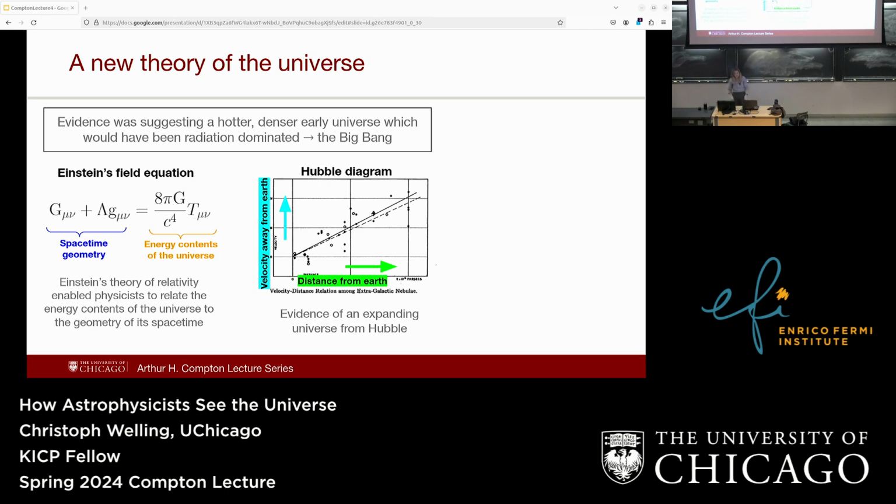That is powerful. We can make measurements of energy, we can make measurements of geometry, and we can understand how these things relate on giant scales. So Einstein, really, when he wrote down this equation, didn't even understand how it would be used to describe the entire universe. But pretty quickly, people learned that they could just apply this to the entire universe. If they made a few simple assumptions, then you could ask questions about what is the entire makeup of the universe? What's the shape of the universe? And so this was now making testable predictions. So now we can go out and look for evidence of these testable predictions.